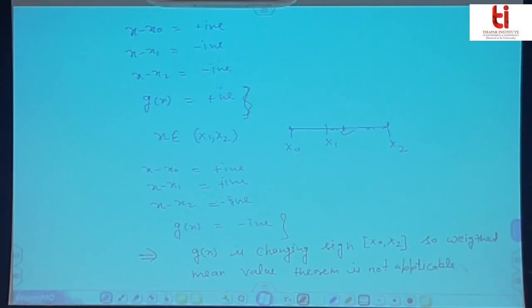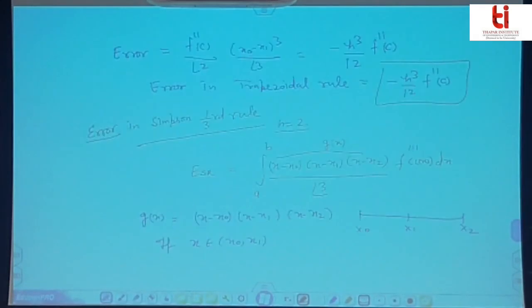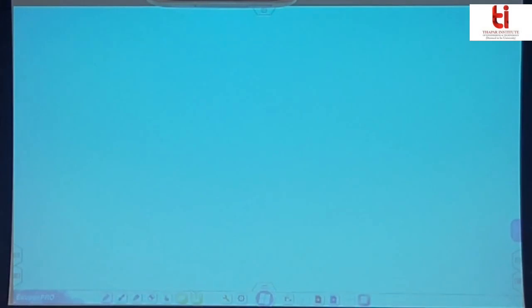When it is not applicable, that means there is a problem. What problem? We will not be able to integrate g(x) and f''(t), because it is a multiplication of two functions, and where f'''(t) doesn't, it is not clear what this third derivative of the function is, because it may vary according to the question. So what do we do? In order to resolve this problem, we'll take the same interval x0,